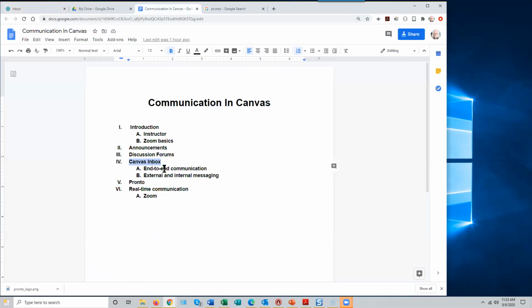So the Canvas inbox tool is, I would say, on balance, a lot better than what we had. In Blackboard, we had two messaging systems, an internal system that was kind of like this, that didn't have any external connections, and then an email send tool. And it was difficult to know which one to use and which one to enable, and the students were confused about which one to look at and things like that. Here, at least, everything is